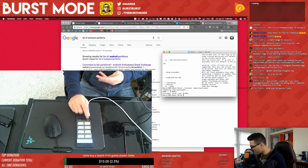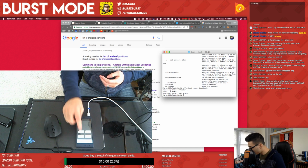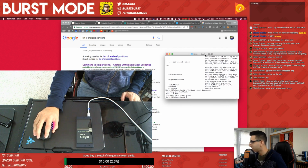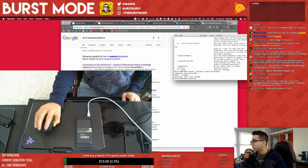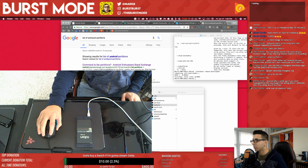But what we're going to do is go ahead and use... Let's go and reboot to the bootloader. So now that we've got a custom recovery, this recovery is going to let us do the rest of the work that we need to do. So the next thing we will flash is...